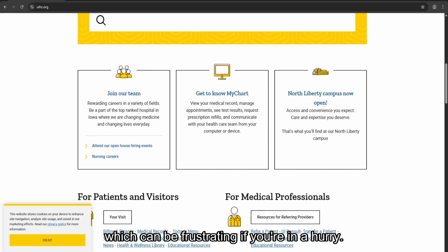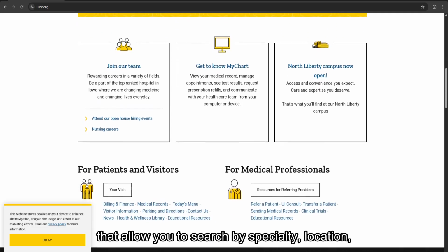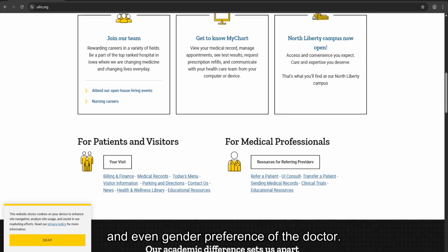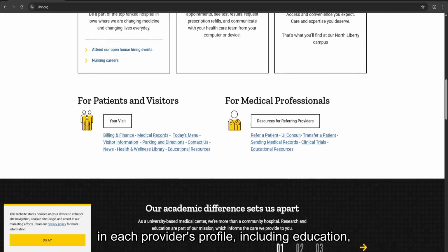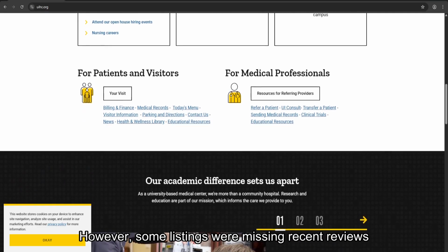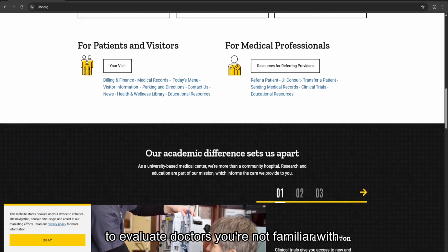in a hurry. The Find a Provider tool is well built, with robust filters that allow you to search by specialty, location, and even gender preference of the doctor. What stood out to me is the level of detail in each provider's profile, including education, clinical interests, and language spoken. However, some listings were missing recent reviews or patient ratings, which makes it harder to evaluate doctors you're not